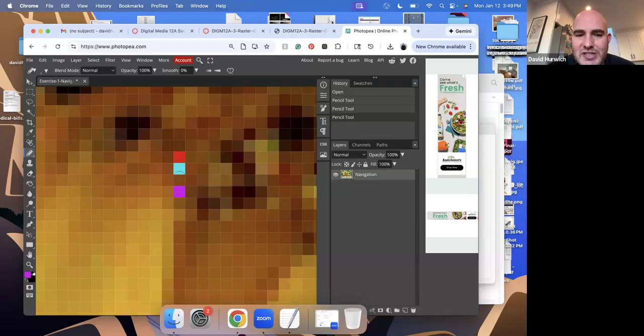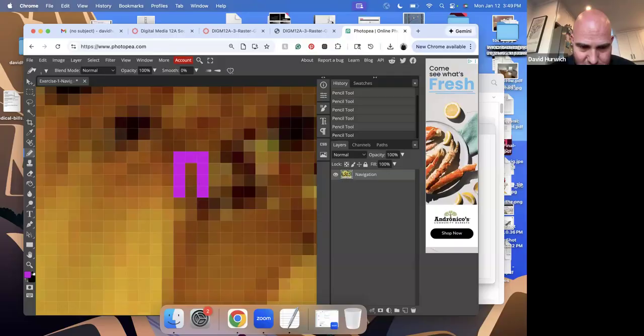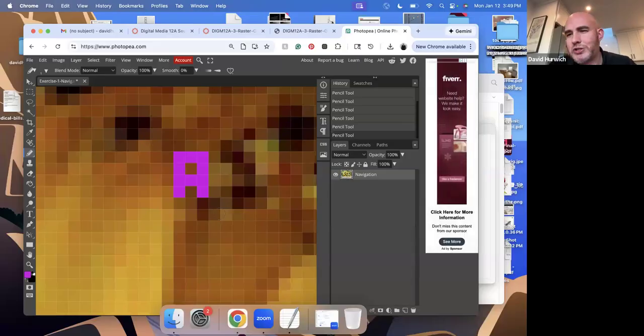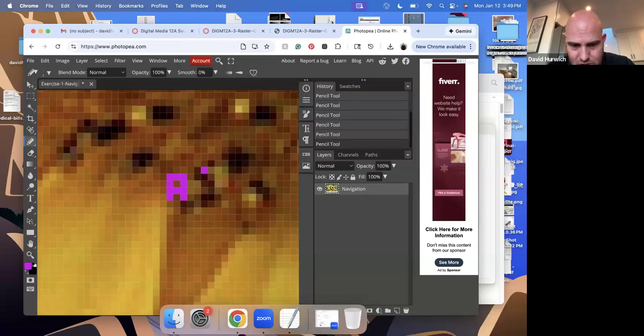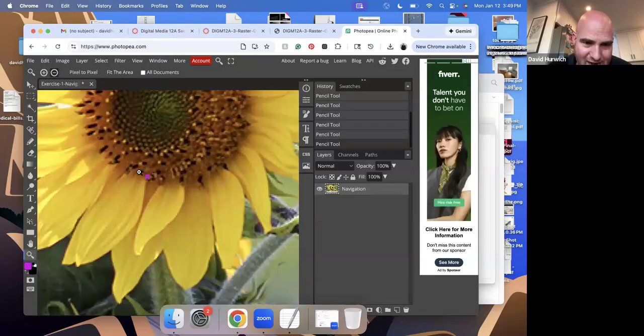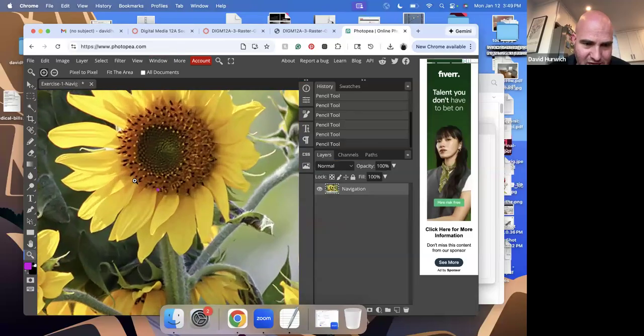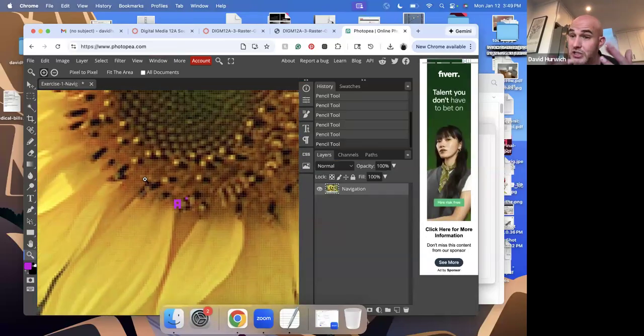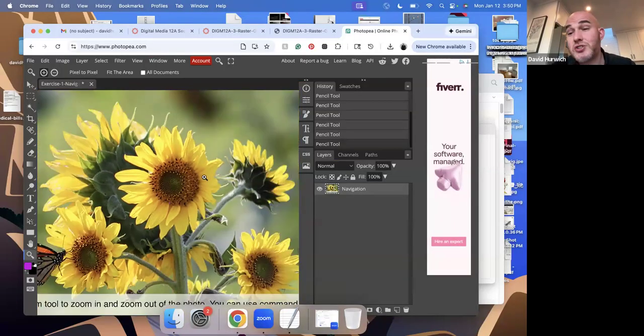If I wanted to, for instance, make the letter A, what I could do is take these 4 pixels up, 3 pixels wide, 4 pixels down, and then 1 pixel there. And then I have the letter A. Now, if I were to zoom out, the way this works is when you have a lot of pixels, all with a bunch of unique individual colors, you can build a much more complex image,